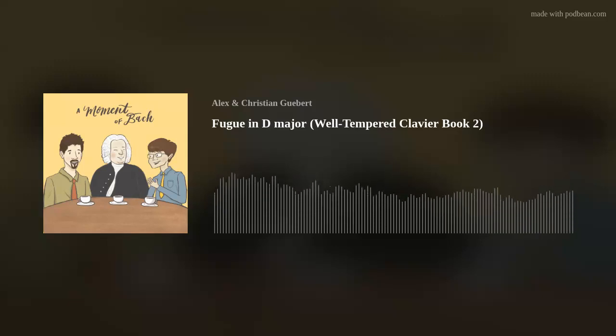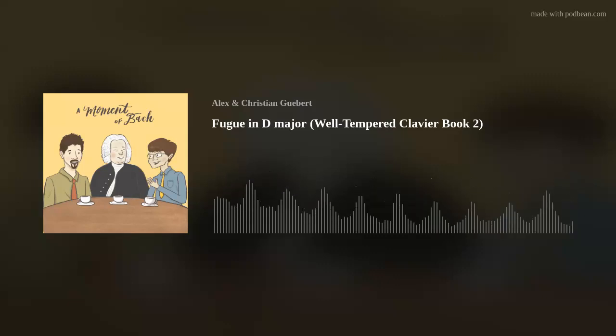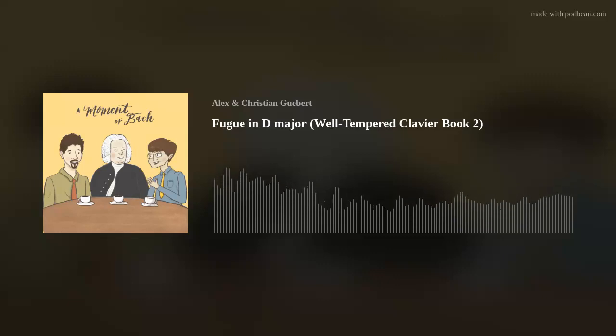There's like a harmonic momentum. There's like harmonic potential energy to get back and kind of figure out where home is even. And in the very first second, we don't even know where we are yet. Unless we've heard the prelude, then I guess there's an overall sense of D major as where we will end up, which is nice. But if it weren't for that, we'd be in G. We would think we were in G.